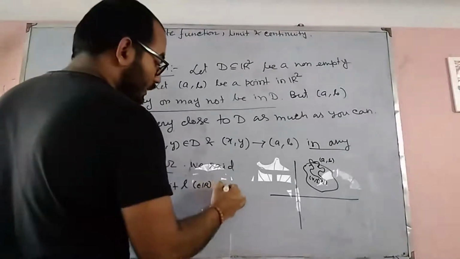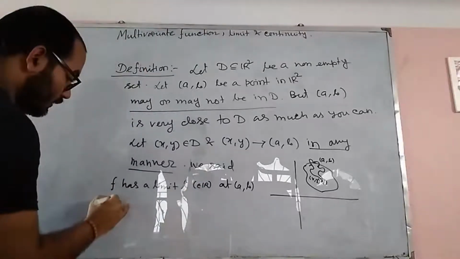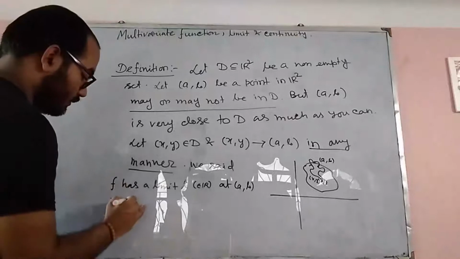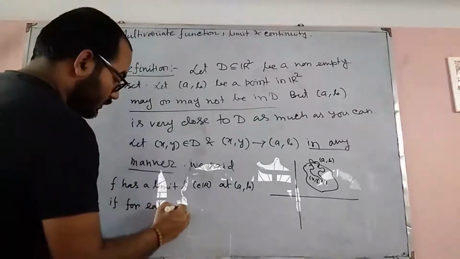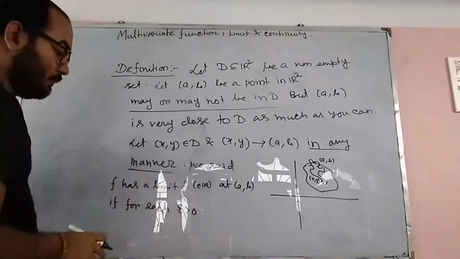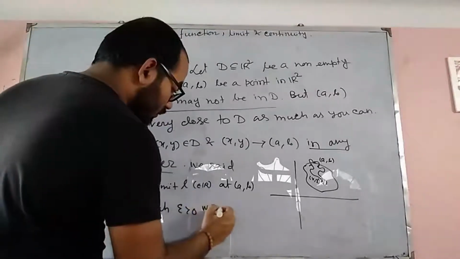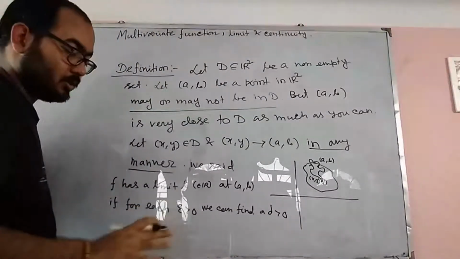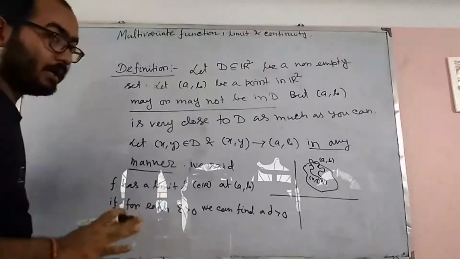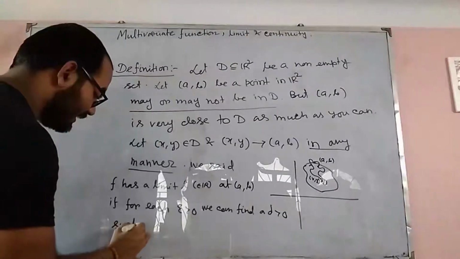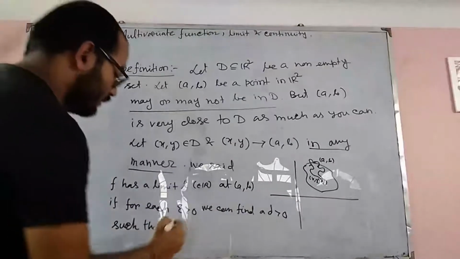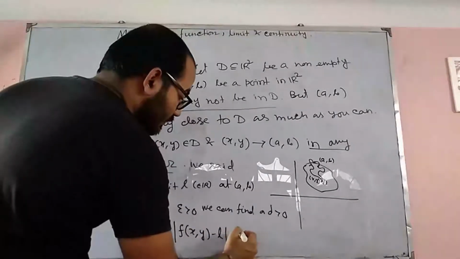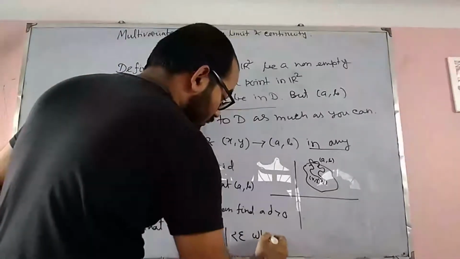We say f has a limit L at (a, b) if, now these are very important things in our definition, if for each epsilon greater than 0, that means positive epsilon, we can find a positive delta, that means delta greater than 0, such that mod of f of (x, y) minus L is less than epsilon